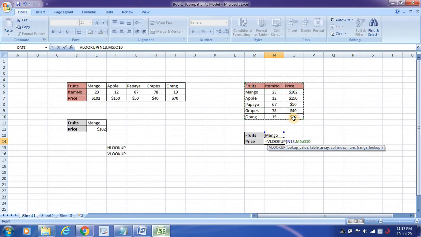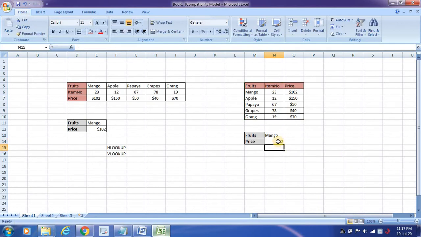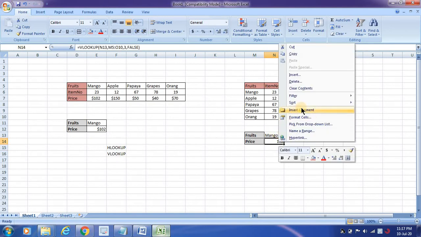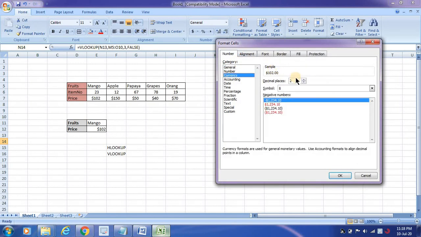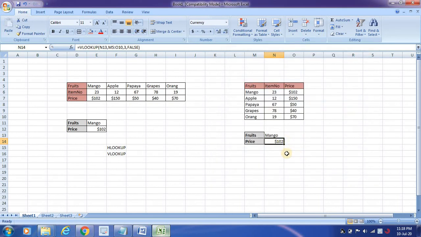Select the entire table and go to the column index. Which column do you want to display? The price column is third, 1 2 3, and comma, I am going to take the exact match. Once you select that, enter, and automatically the value has come. If you want to make the value dollars, go to format cells, then currency, and make it 0 decimals, then automatically the value will come.